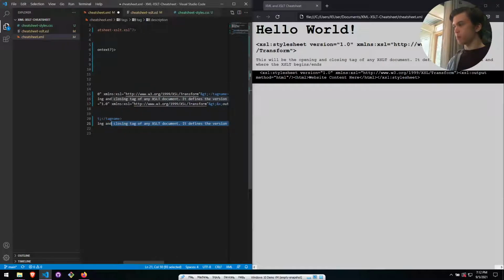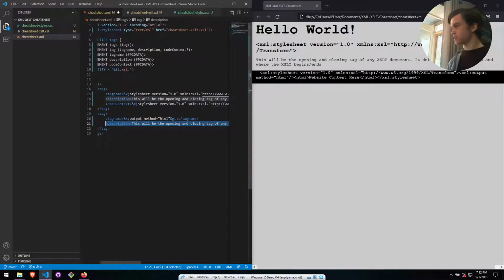So when you're in your lab, I'd recommend taking a look at some of the conditional logic that applies to XSLT. You can actually use XSL if to be able to state that if something is empty, for example, like if code context doesn't exist for one of these tags, we'll go into this on the Thursday example, but if it doesn't exist, you can just make the div not appear at all, or you can state an else and state that the code context does not appear for this tag, or no context given, or whatever else you want. So anyway, I'll just edit this description quickly. So we'll state